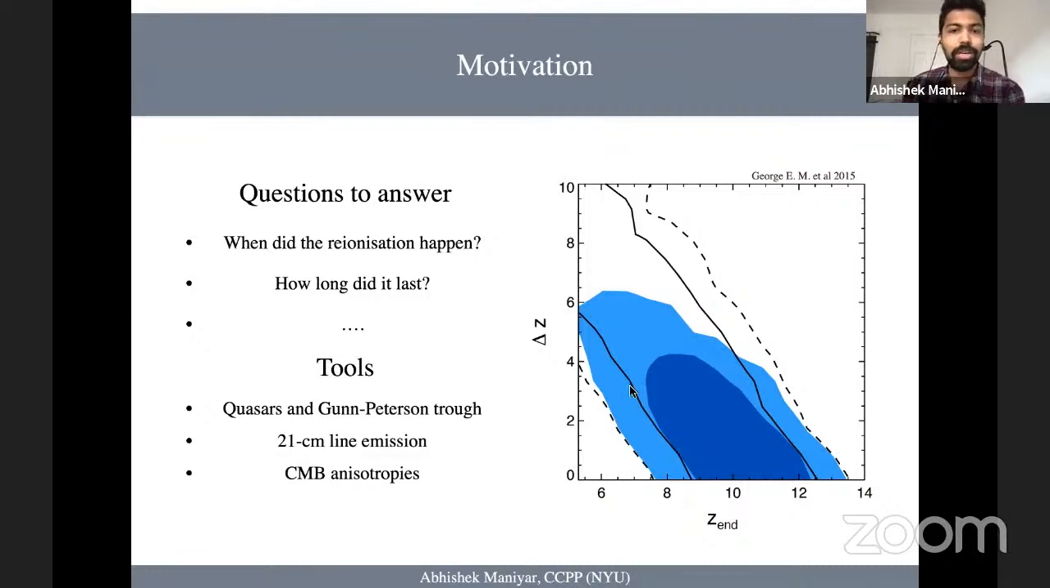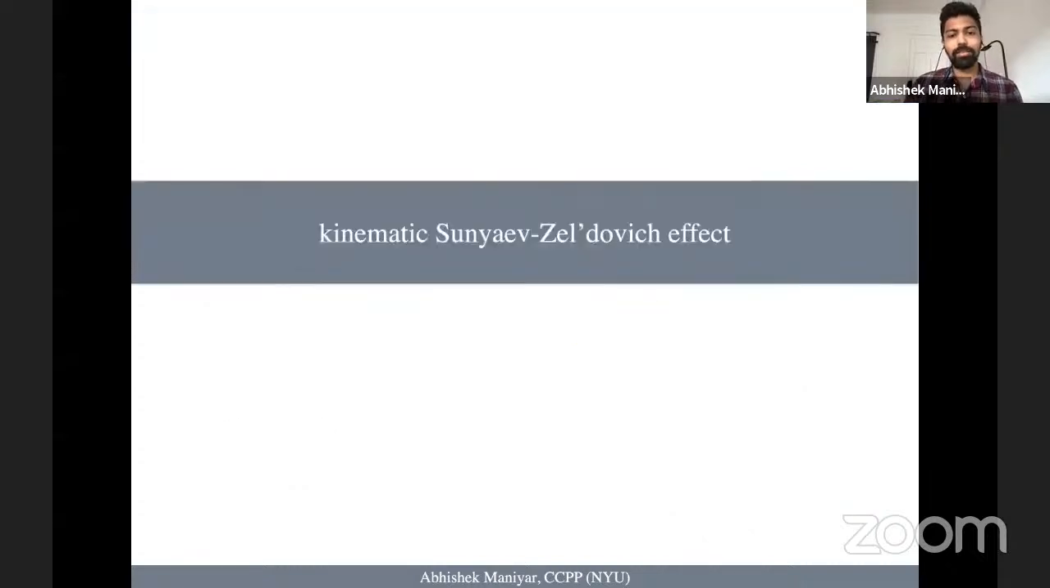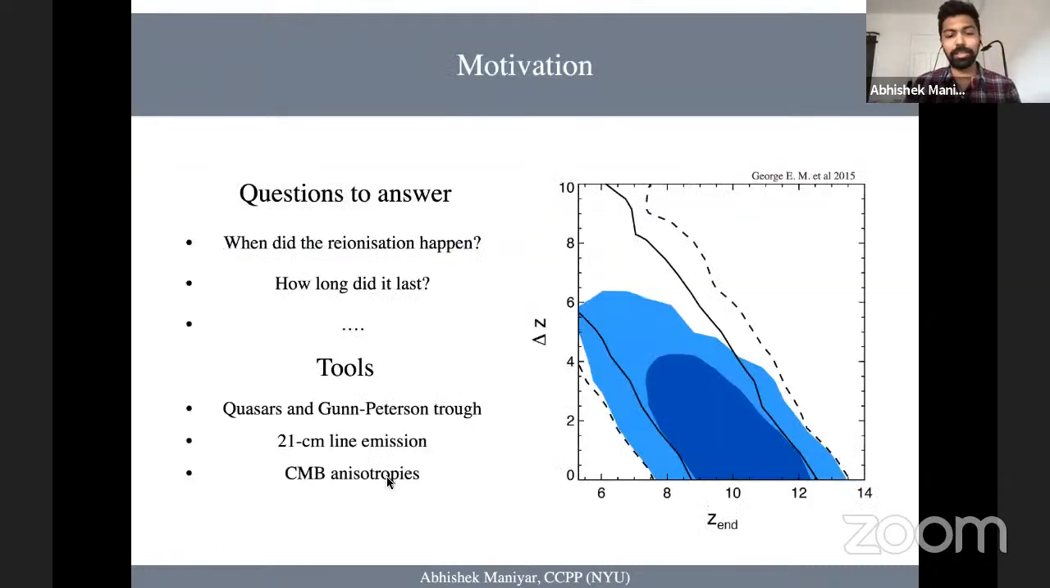And the tools which we normally use for answering these questions are quasars and their Gunn-Peterson troughs, 21 centimeter line emissions, and CMB anisotropies, which have helped us to understand the reionization relatively okay till now. So this is the main motivation. But the tool which we will be using here falls under the category of the CMB anisotropies,